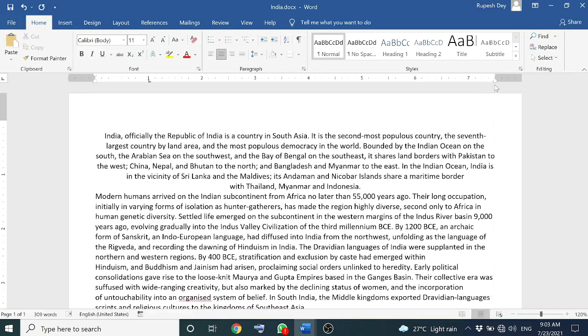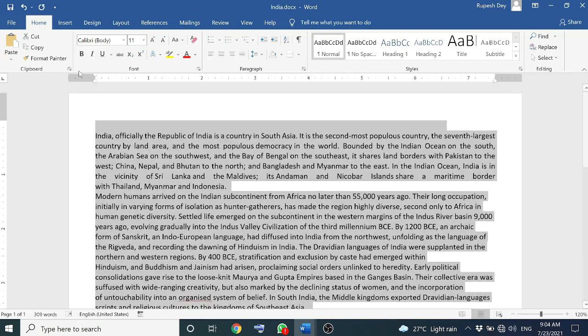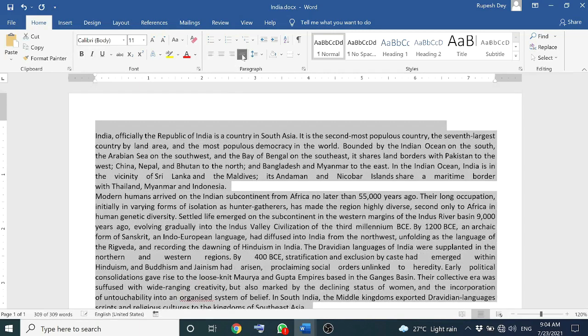And last one is justify. Justify means the text will be aligned with both left and right margins or indents. Let me select this. See here, all the lines start from the left margin and spread till the right margin. Means spaces will be increased between the words and the characters to increase the width of the line to cover the full space from left margin till right margin. Understood? So let me change the alignment of the full text to justify, which looks good.